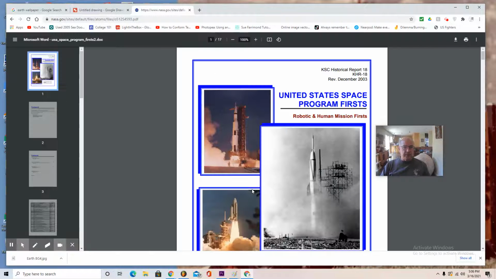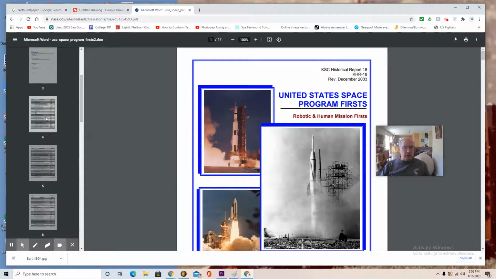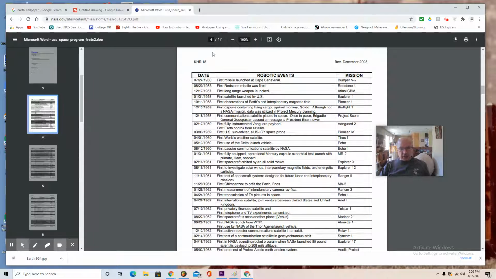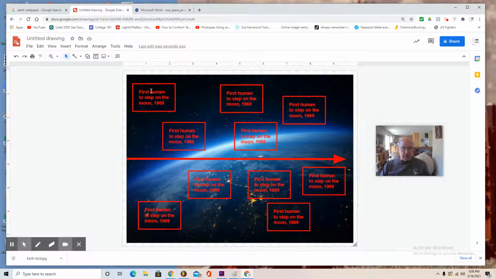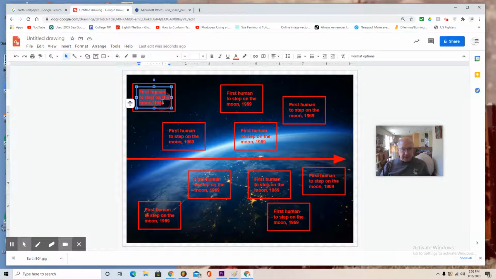Select that. And you'll see as you go down, the fourth page is an entire list of all kinds of events that the United States did first. And what I'm going to do is start with maybe this one, first long-range weapon launched back in 1957. So I'm going to highlight that and go Control C, make a mental note that it's in 1957. Now I'm going to go to my first textbox on the left, highlight it, and then go Control V, and it pastes the new text in with a comma,